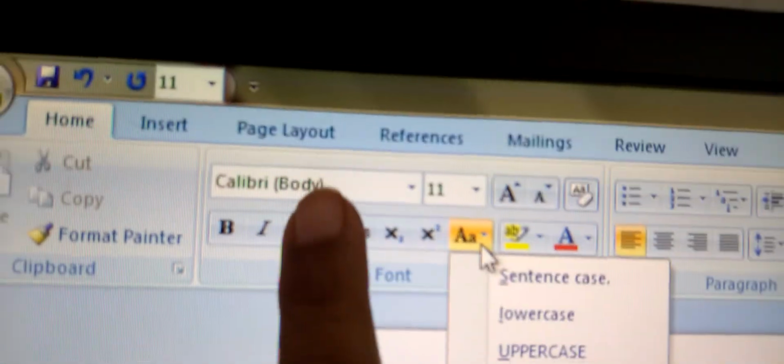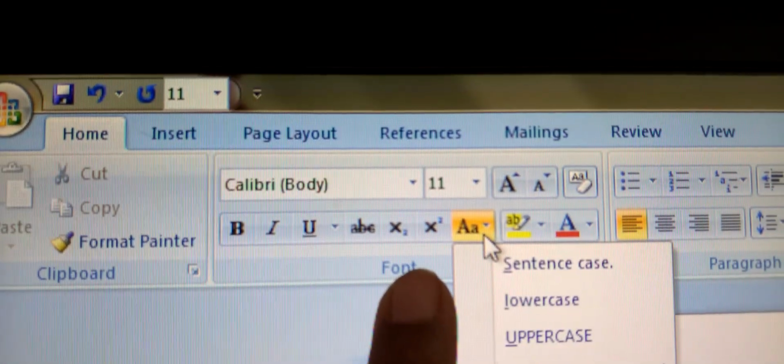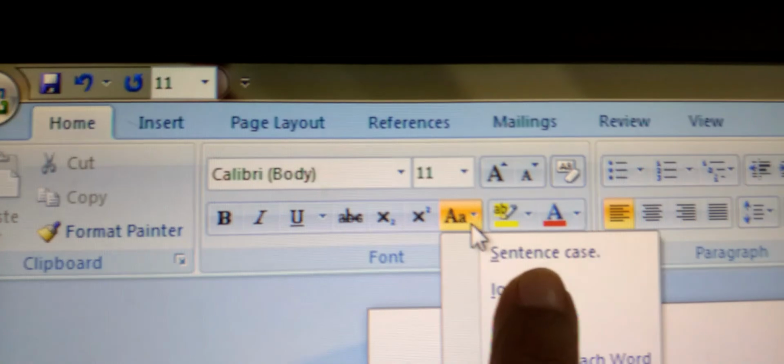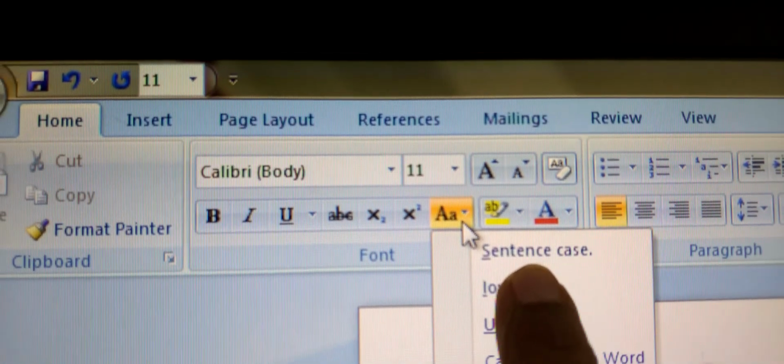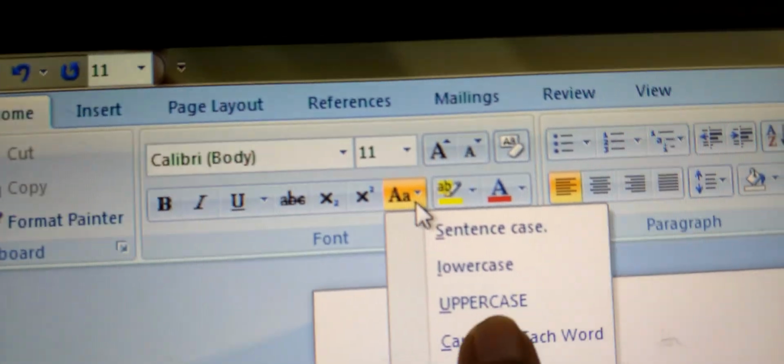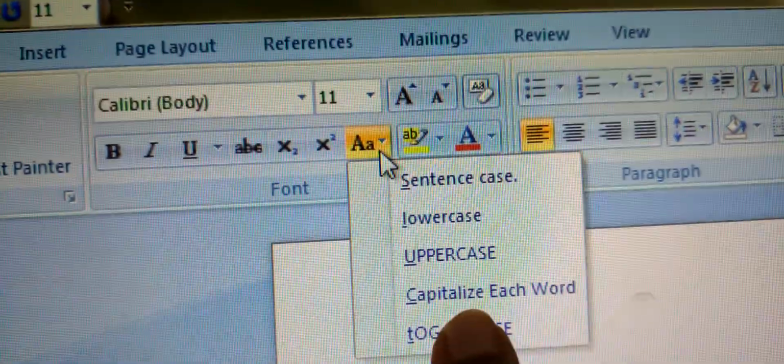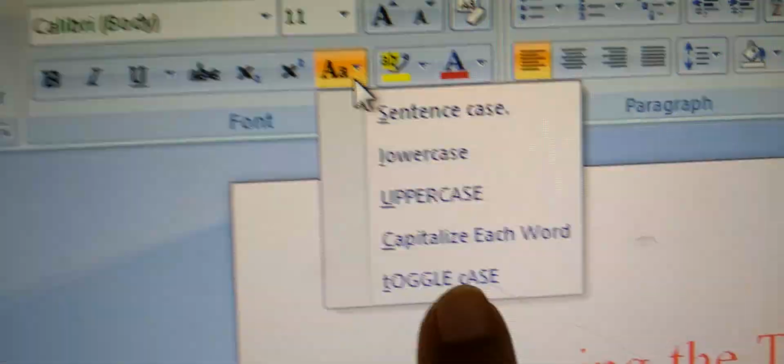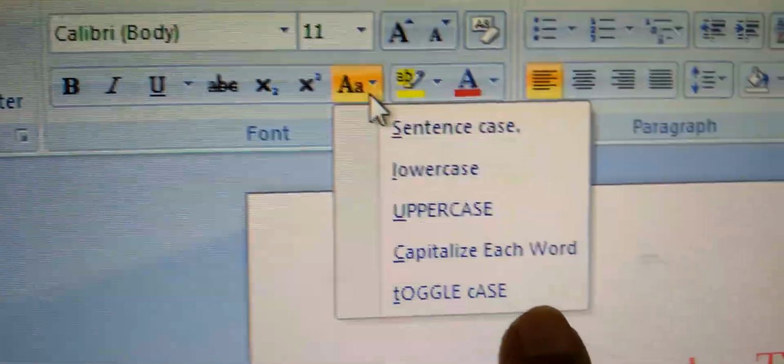See children, in the system, in the font group, you can see the sentence case clearly. First comes the sentence case. Next comes the lower case, upper case, capitalizing each word, toggle case. Here in the heading only you can find what is a toggle case.